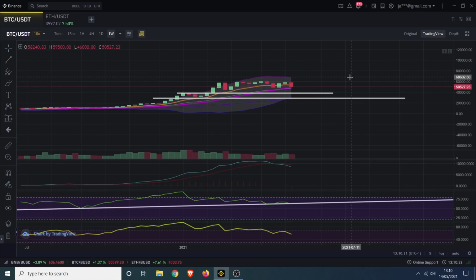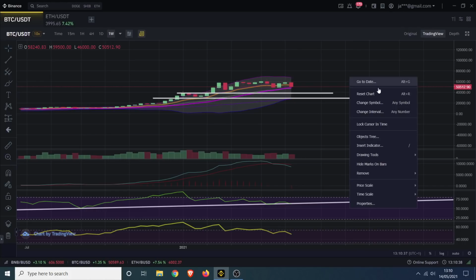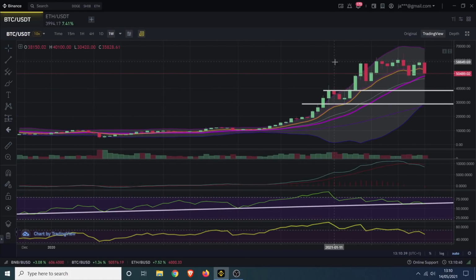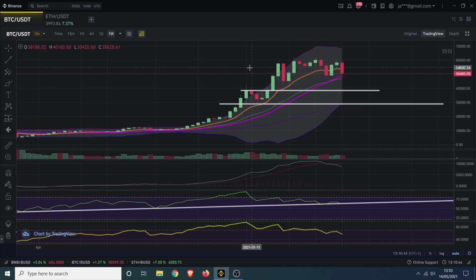$100,000 is my overall target, give or take, but it's difficult to put a figure on something like this. What we're thinking about is the way that this rotation takes place, and this has been a fair old ride now, much longer than I expected for this alt season. Like I say, 4.5 months worth of alt season. I mean, that's the sort of thing dreams are made of.